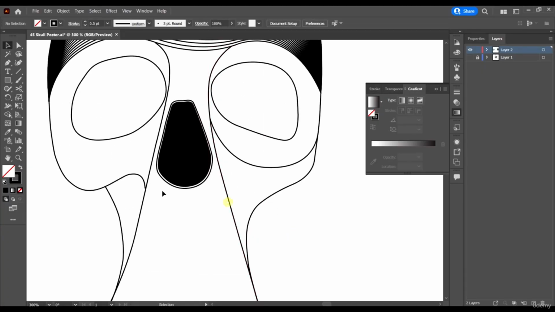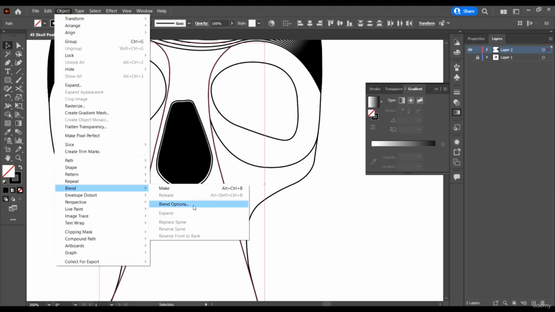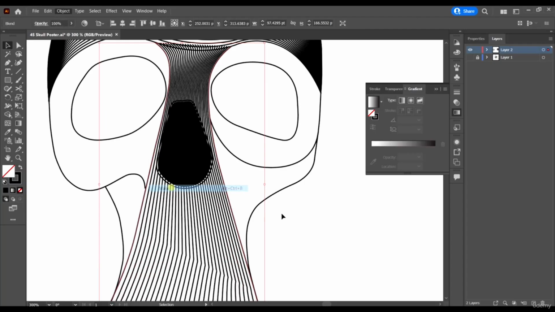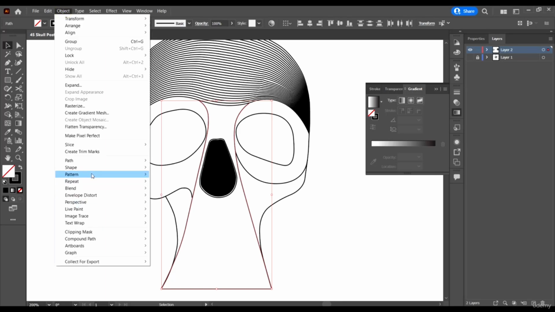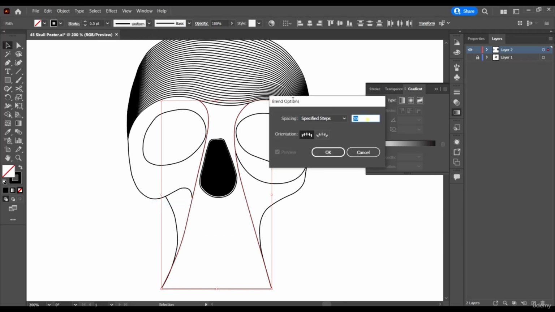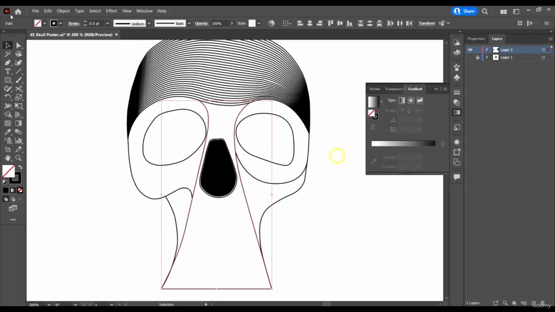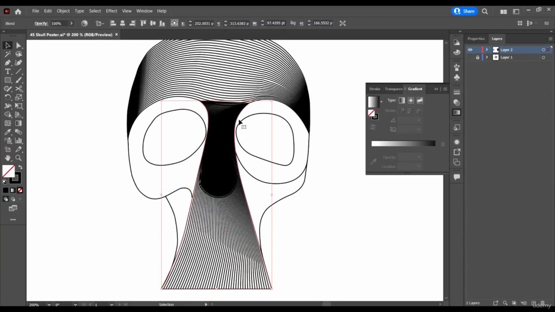So let's select the guy here and the guy here and just go to Objects, Blend, then Make. This is what we have, right? Let's undo and just make the steps 45. Okay, Make. I'm going to work with 45.